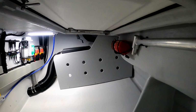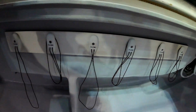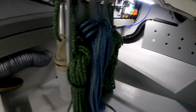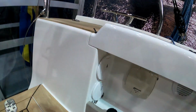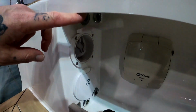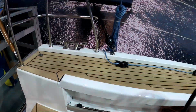This space underneath here is absolutely huge, and as you can see, it is set up for hanging your mooring lines, other bits and pieces, spare sheets, put your fenders in. There's enough room for paddle boards and that sort of thing. Right, port side, you have your emergency manual bilge and your shower, so you can stand out the back and have a freshwater shower. Obviously you have your hot and cold tap,